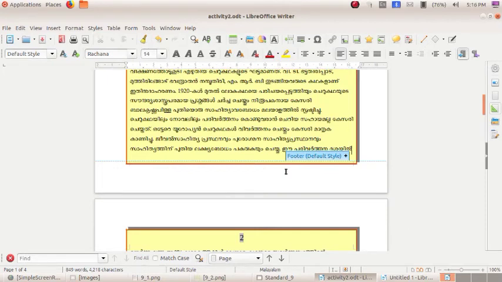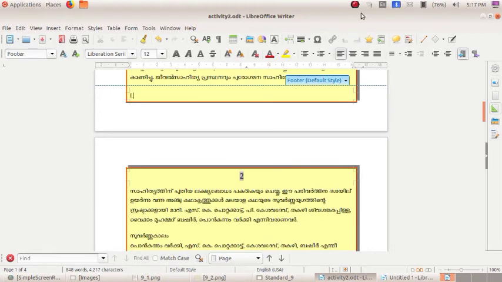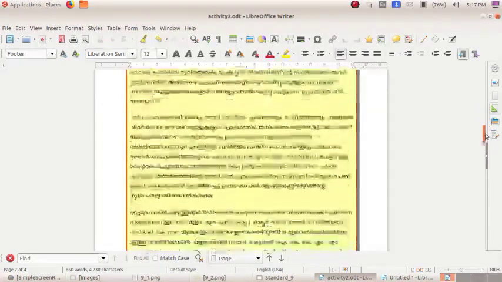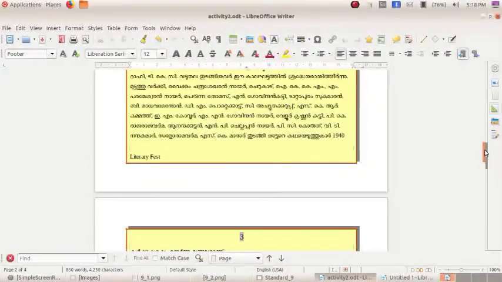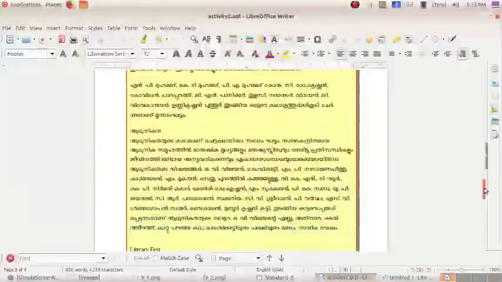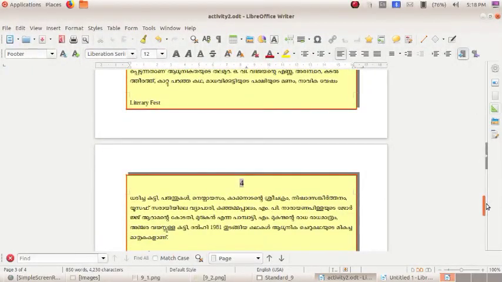Let us see. Now I am just typing anything here. Literary Fest. Okay, and we can examine the next pages. See, in all the pages it has come as Literary Fest.